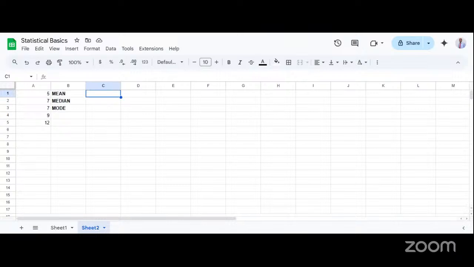Then you now say from A1 to A3, then divided by the number of data points, which is 3. Is it 3? No, it's not 3. It's about 5. Though I don't really know the commands from the data sheet, but I think that's it.